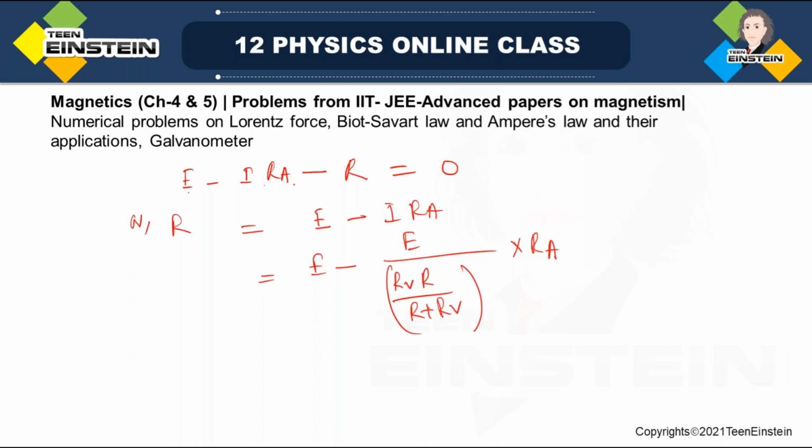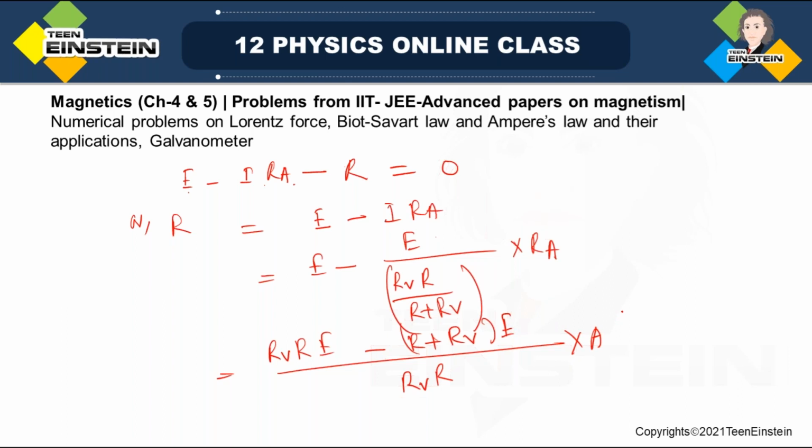Now, if you solve it, look, this will be, see, RVR into E minus R plus RV into E divided by R into RV into RA. So like that,